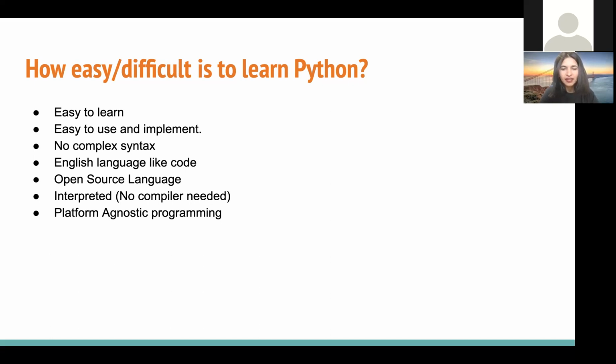So this is another best feature of Python that makes it easier for developers to write code once, and then the application can be used anywhere.